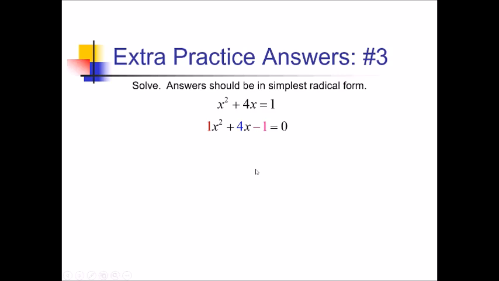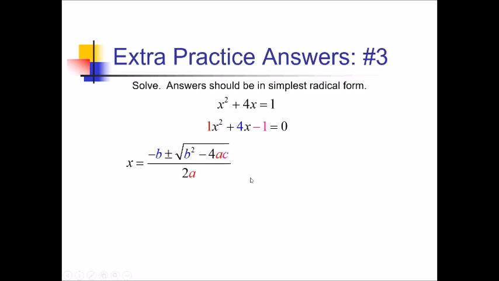But now, if I'm looking for numbers that multiply to -1 and add up to 4, that's just not doable. So we're going to have to go to the quadratic formula at this point. Now, what we can see here is that we have an a value of 1, a b value of 4, and a c value of -1 since I moved that 1 over to the left side. So that's what we'll use in our quadratic formula: -b plus or minus the square root of b squared minus 4ac